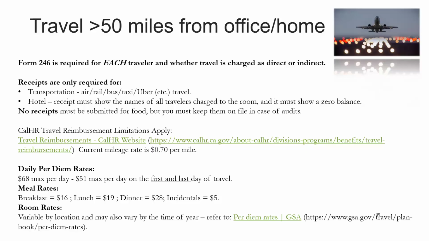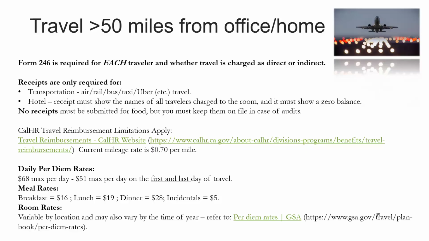So if, let's say you go away for 4 days, your first day, you can charge a maximum of $51 per day. And your last day of travel, your 4th day, you can charge a maximum of $51. The 2 middle days, the 2nd and 3rd days, you can charge a maximum of $68 per day for the